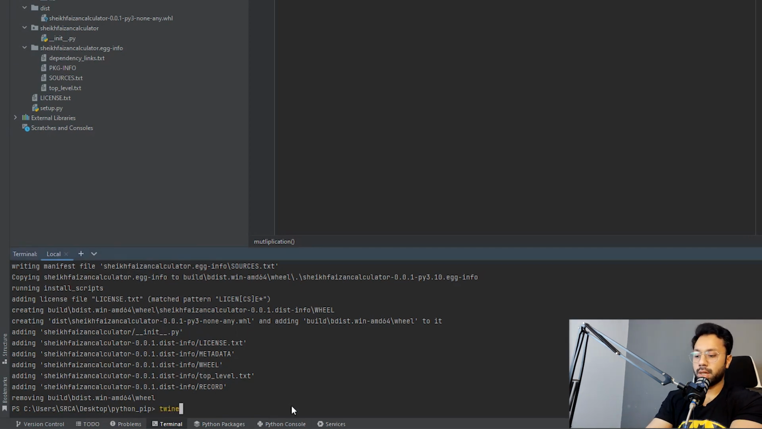How do we do that? We need to run the command twine upload --repository-url https://upload.pypi.org/legacy/ dist/*, and when I hit run,